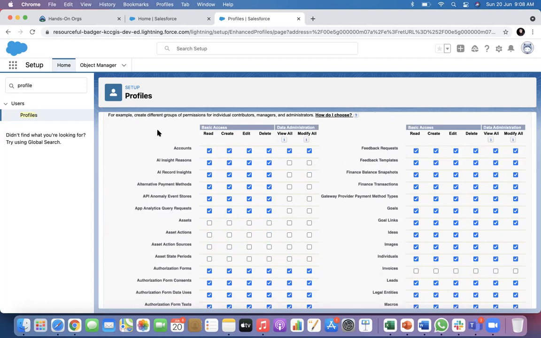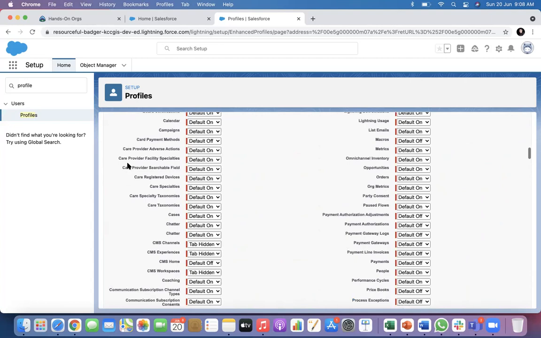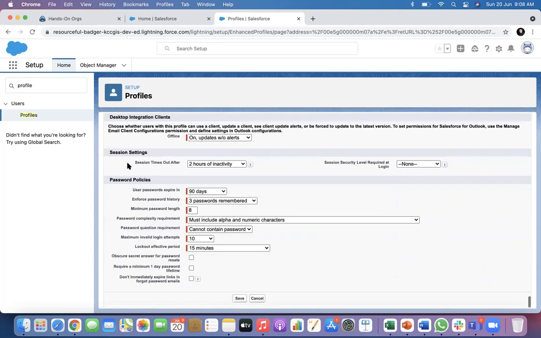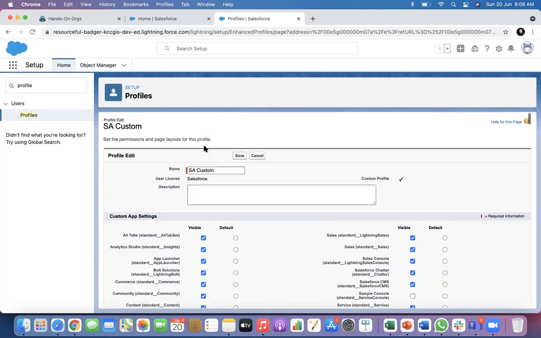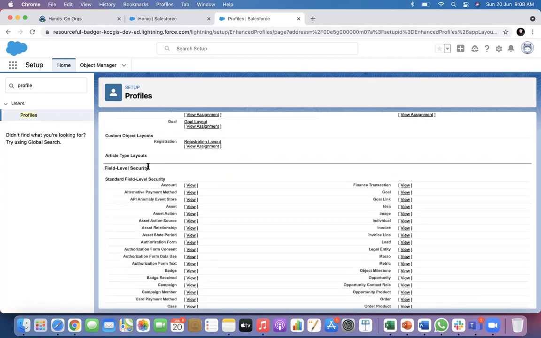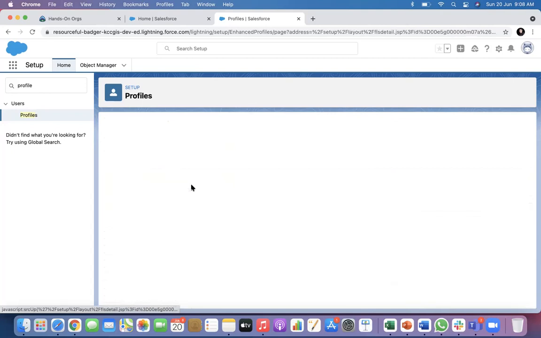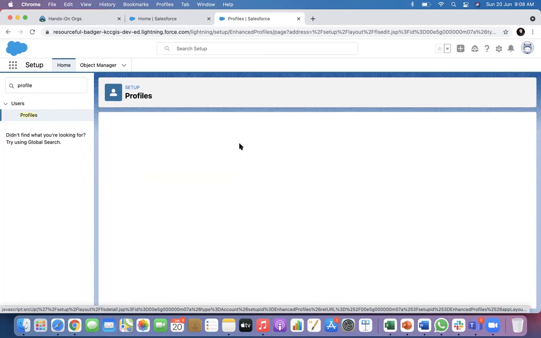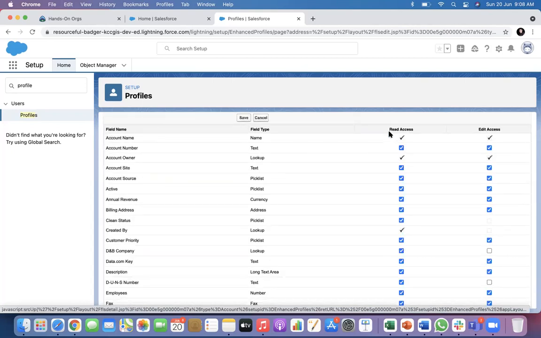So basic permissions are it. Now, if you go a level up, in this profile itself, you will see field level security also. So if you see the account object, all your fields will have different sets of permissions. Can you read that field? Can you edit that? When I say read that field, edit that field, I mean the data inside that field. I am not talking about the column attribute.